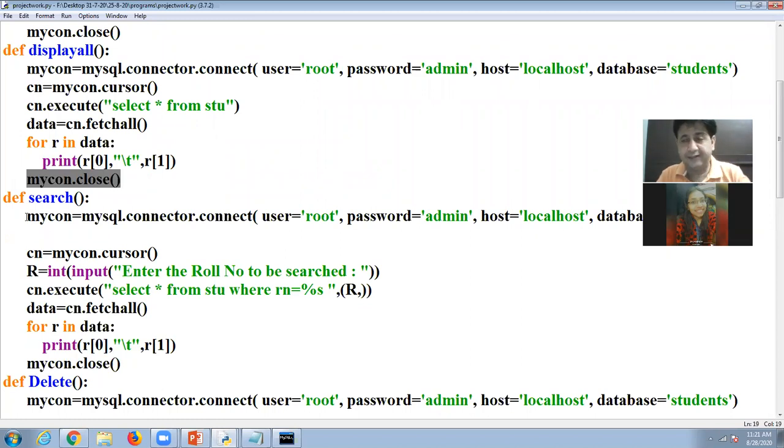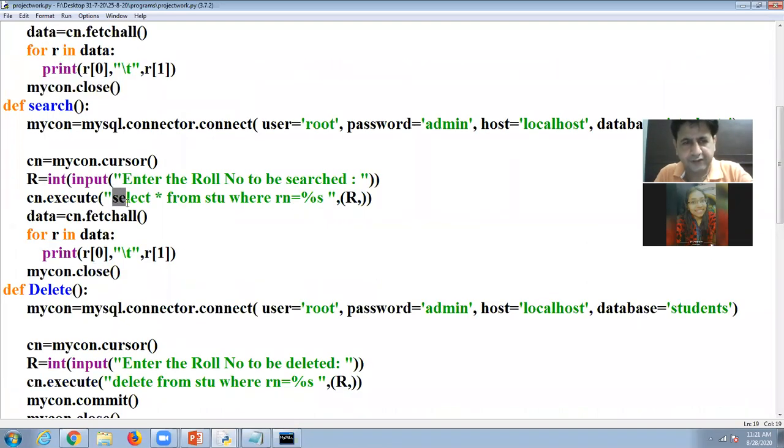If I search the record, everything will be the same, but for searching I will use the select query: select star from stu where roll number equal to %s, and here I will replace it with R. I will receive from the keyboard the roll number of the student whose record you want to see on the screen.